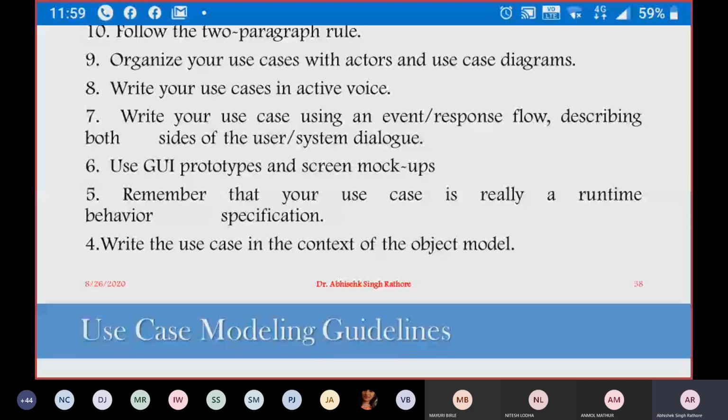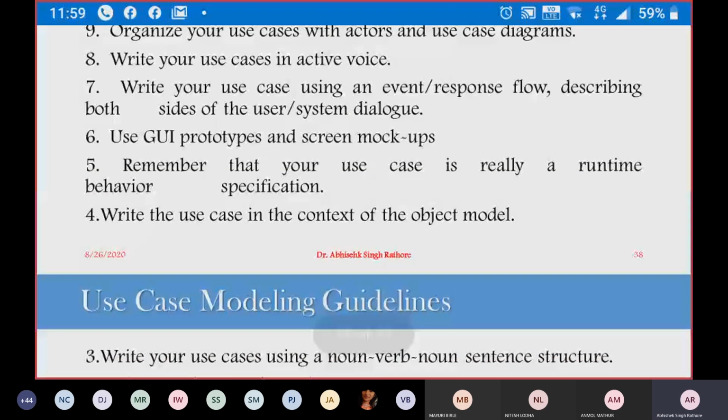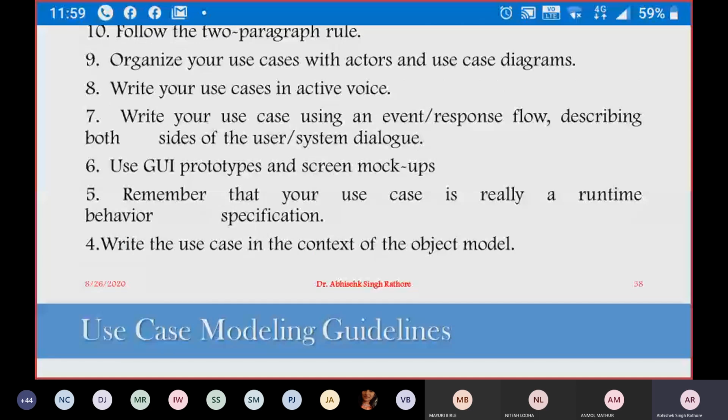that includes some basic course of steps that is taken for logging into the system. The user opens the login screen, then the user enters his username, then the user enters his password, then the user clicks on the login button. In addition to that, you will provide some extension points, such as that the username and password should not be empty. So these are the different courses of action that you have to include in your use cases. So this is implemented as a runtime behavior of your system.